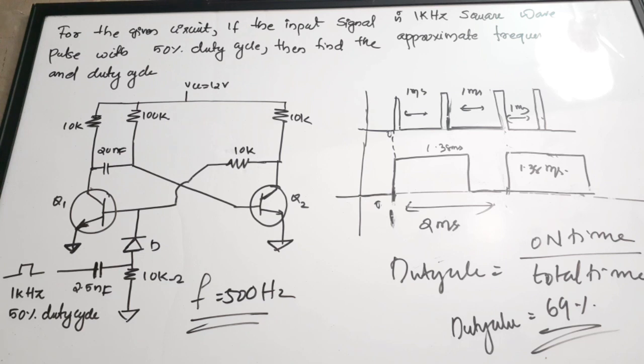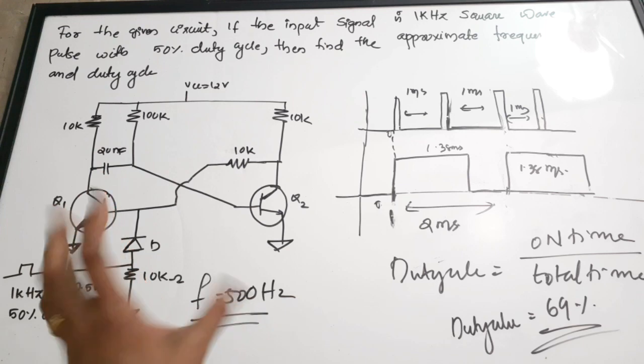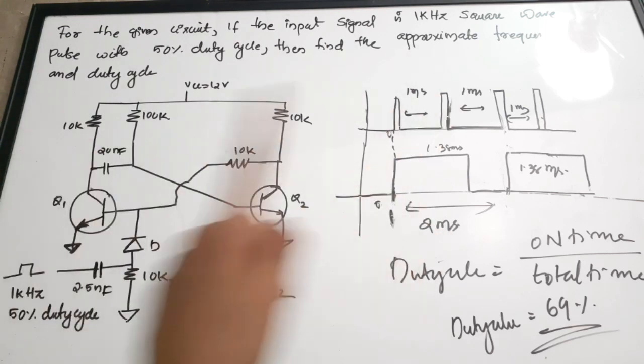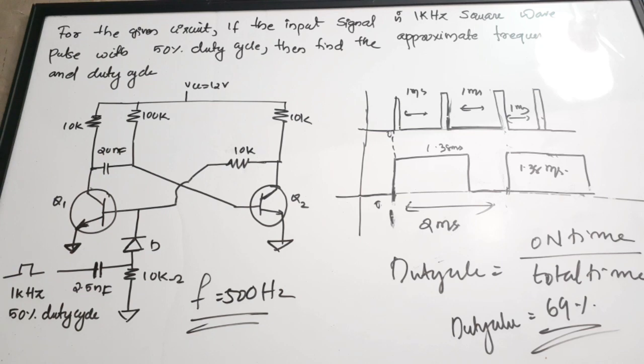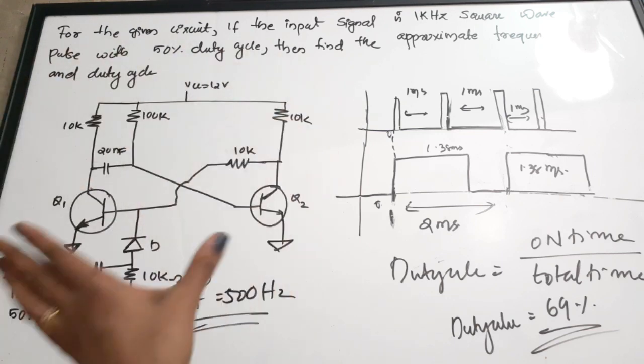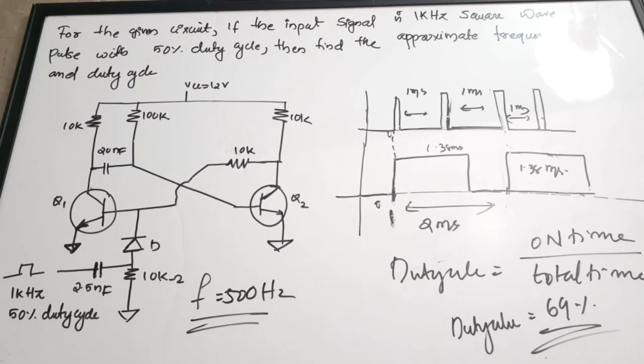Okay. So I really hope that these 3 questions were useful for you. These questions are not very simple questions. You have to have a basic idea of multi-vibrator circuits to answer these questions. So these questions are actually useful for your preparations for semester exams and competitive exams like GATE exams. A little bit higher end questions there. You can also face some theory questions from this area. You should be familiar with this circuit. You can see the term monostable multivibrator, or any multivibrator, is not even given in the question, so you should be identifying the circuit first. You should be thorough with 3 circuits: astable, monostable, and also bistable.